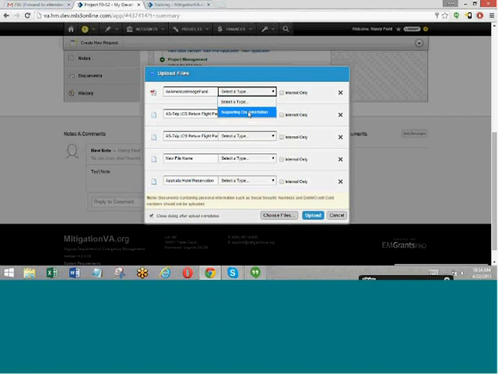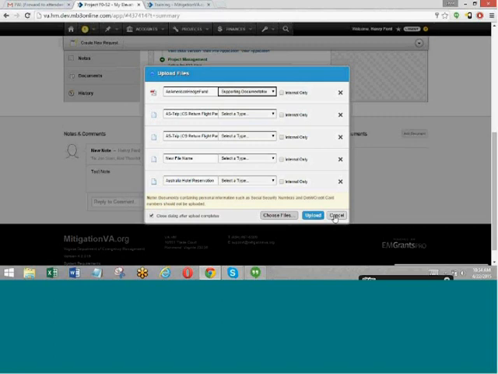They can very easily go and just add contract as a document type if they choose to do so, and then you'll have that option available for selection. So you just select the document types. Once you've done that, you hit the upload button, and those documents will upload.